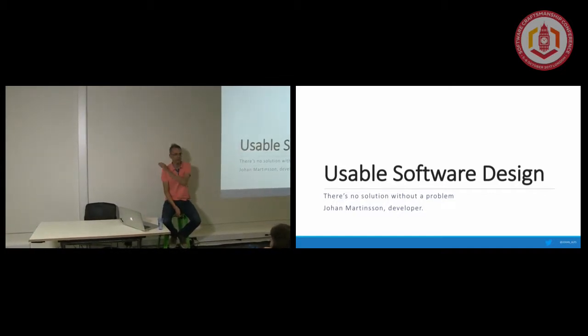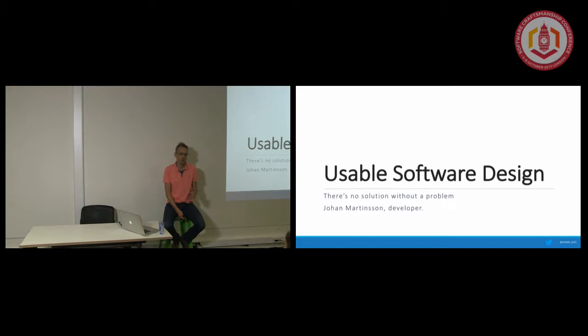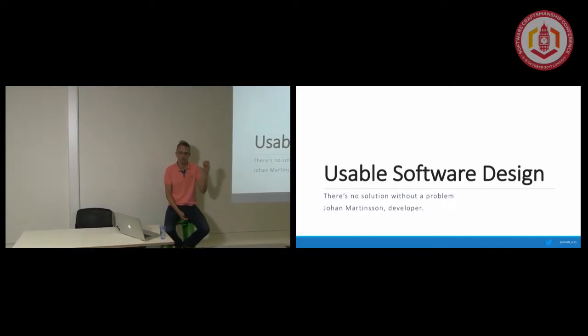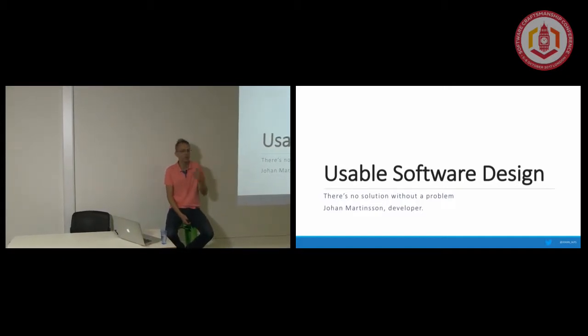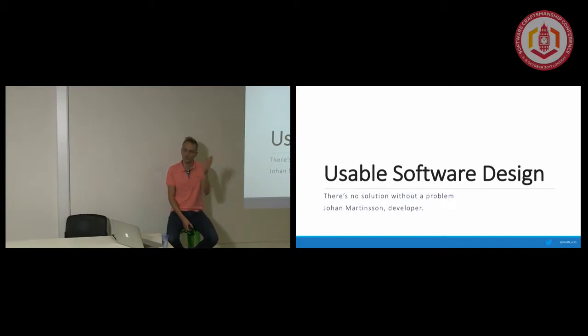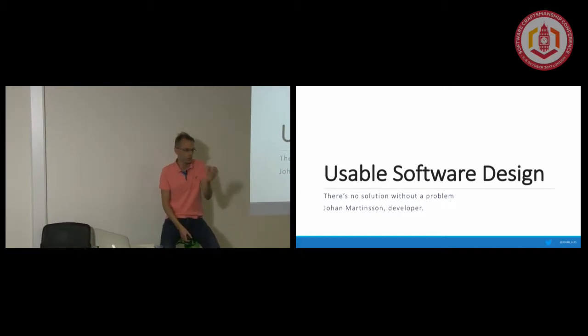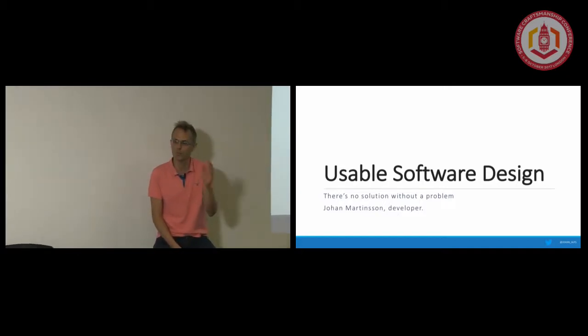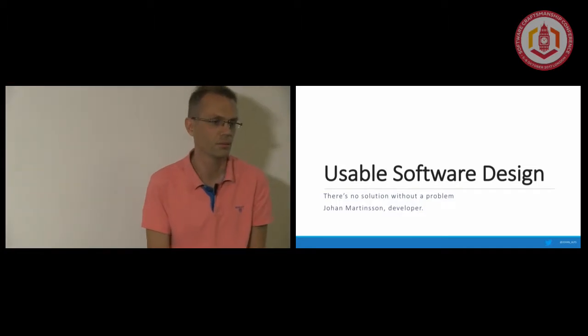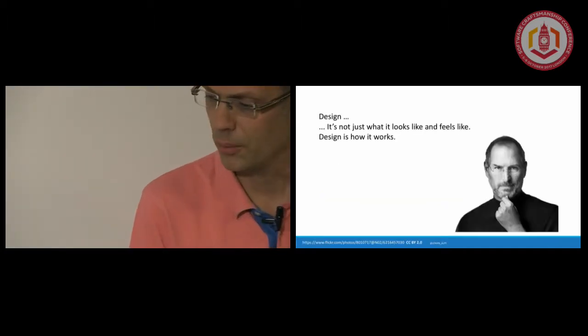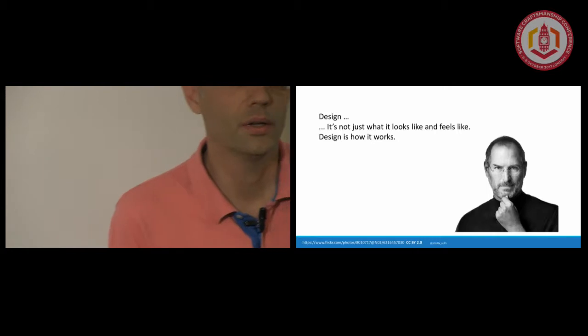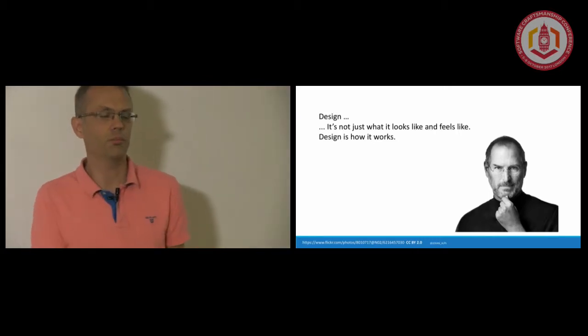One of the things that really helped me with usable software is that it goes back to looking at the problem, and it turns the attention away from the solution. Talking about solution is very conflictual. Talking about the problem can unite things. Let's see how. First of all, design has a great impact.